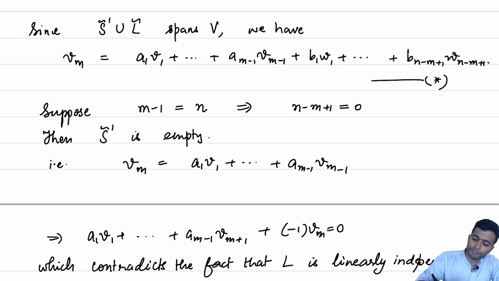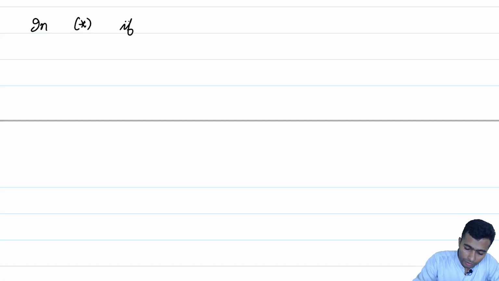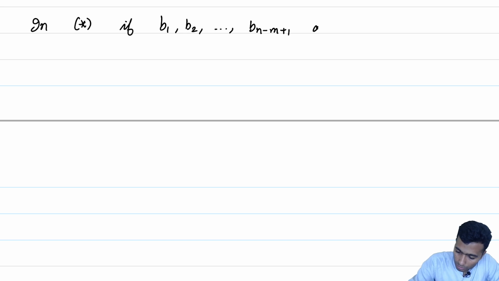The equation says that Vm is equal to A1 V1 plus A2 V2 plus up to Am minus 1 Vm minus 1 plus B1 W1 up to Bn minus m plus 1 Wn minus m plus 1. Now this equation, my claim is that not all of B1, B2 up to Bn minus m plus 1 are 0, because if all of them are 0, let me note it down. If B1, B2 up to Bn minus m plus 1 are all 0,